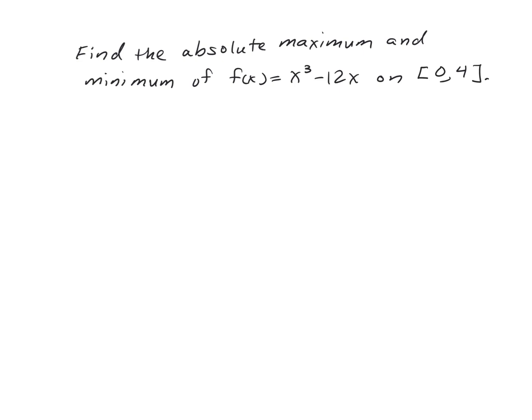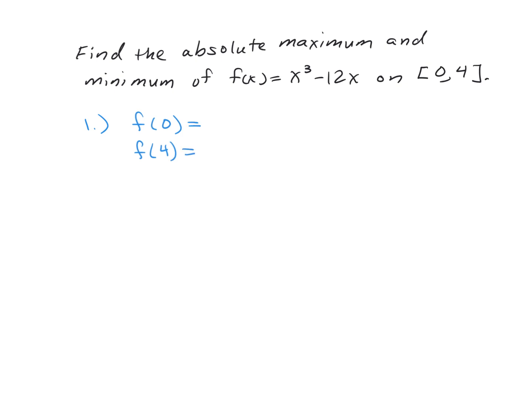Okay, so for this problem, our goal is to find the absolute max and minimum for this function. And remember, it is a four-step process. The first step of the process is to find the values of the function at the endpoints of the interval. Translation, we need to find f of 0 and find f of 4 and calculate them out